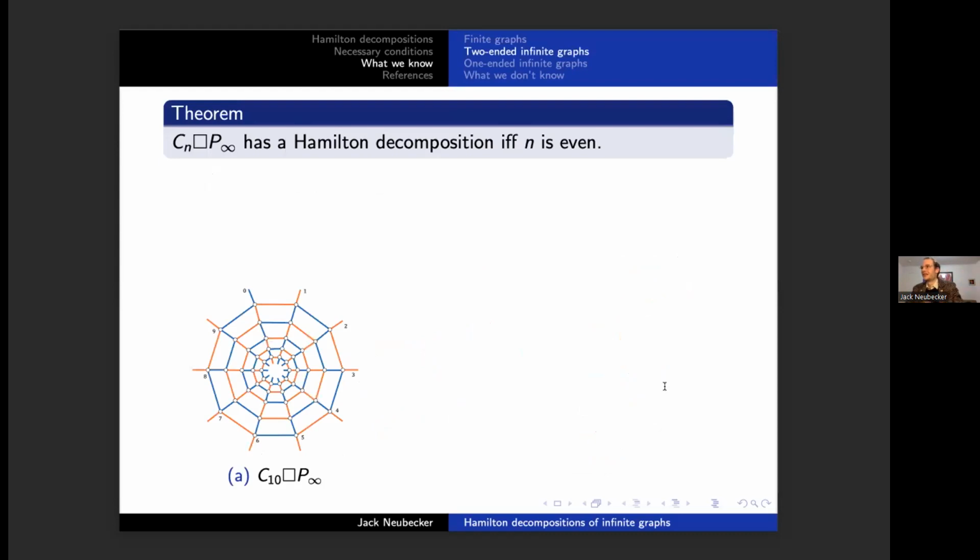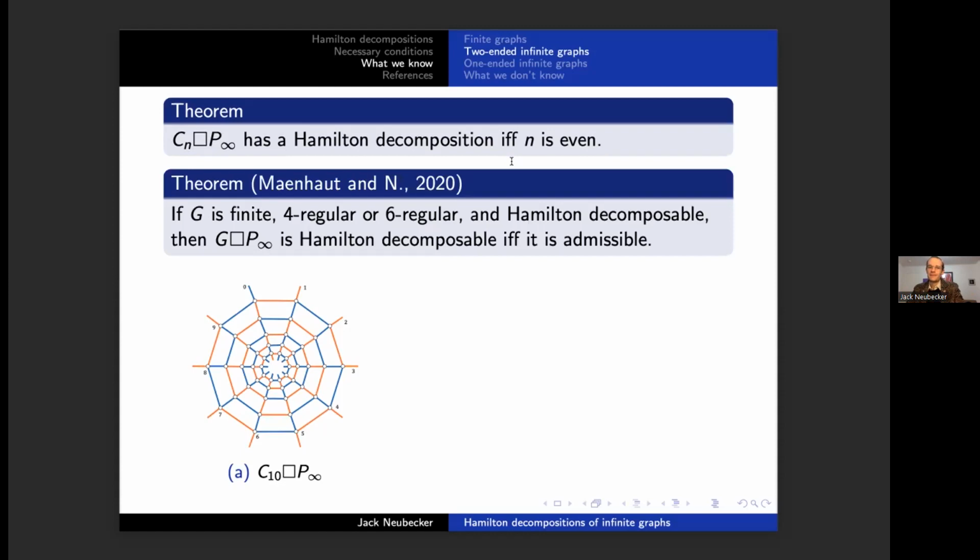So based on this obvious pattern between stepping up and down like this, we can eventually prove this basic theorem: for any even cycle Cn, Cn cross P infinity, the infinite prism with base Cn, has a Hamilton decomposition. And of course, we've seen that if n is odd, it's just not possible. Well, one of the main results that we were able to prove is that this is also true for higher degree base graphs. So notice that